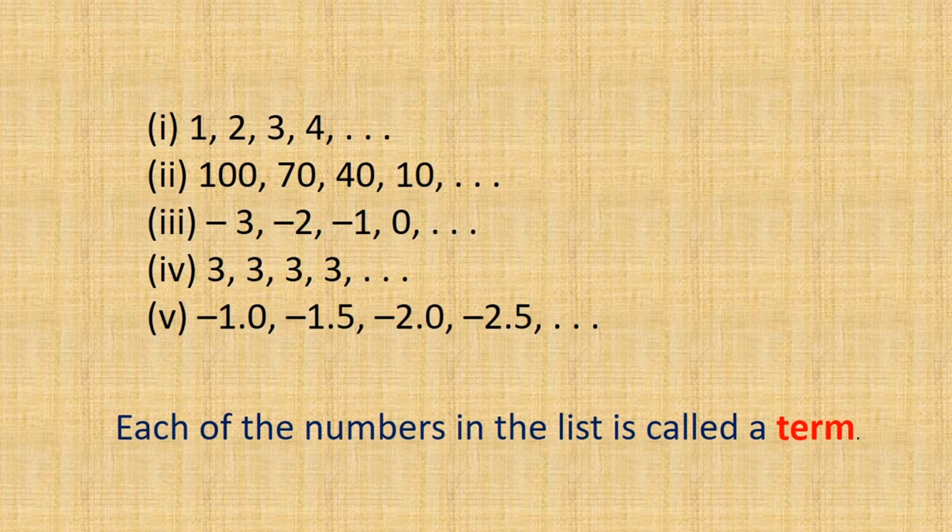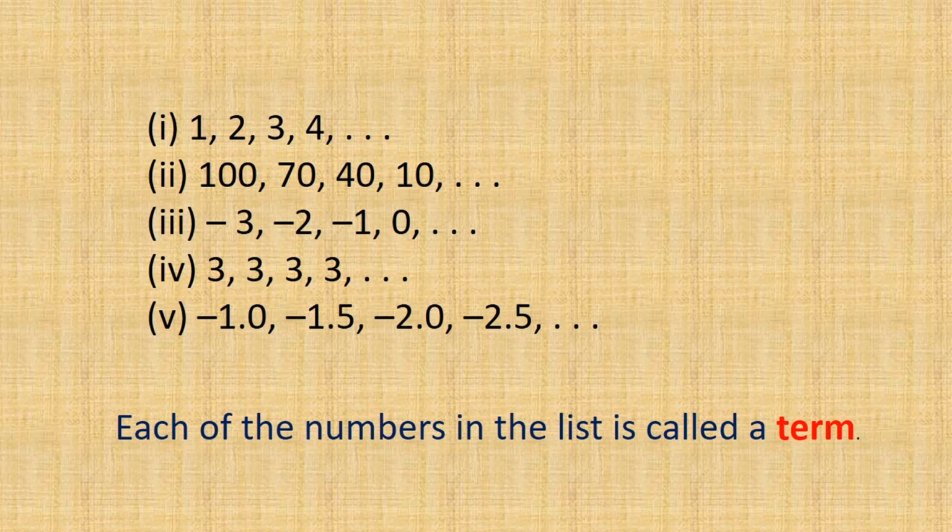Very good. And third one, how we get the next? Adding 1 or subtracting 1? That's right. Adding 1. Yes, this is little bit confusing. It's actually adding 1. So fourth one, what's the rule? Adding 0. Adding 0, very good. Adding 0, yes, very good. And fifth one? Minusing 0.5. Minusing 0.5, very good. Yes, to get the next number, we have to subtract half from the previous number, from